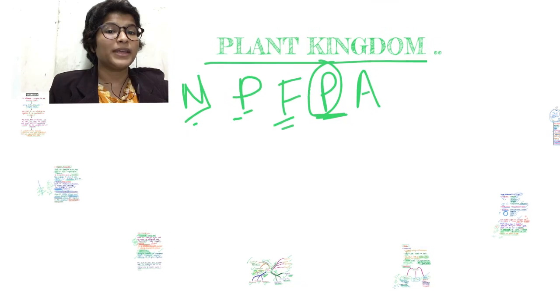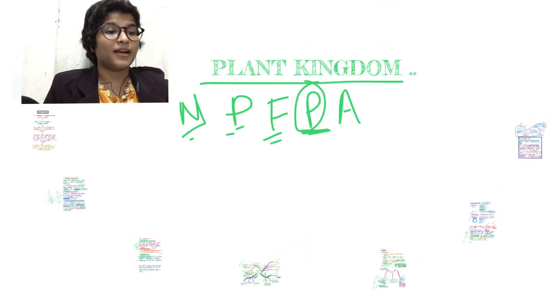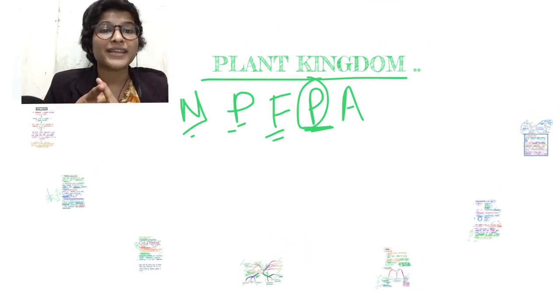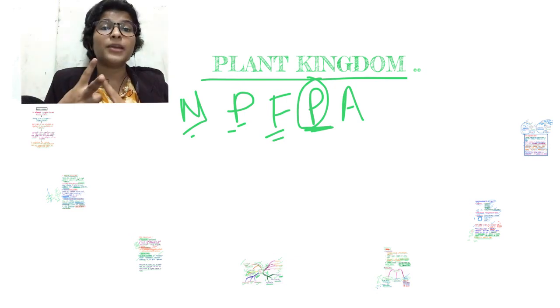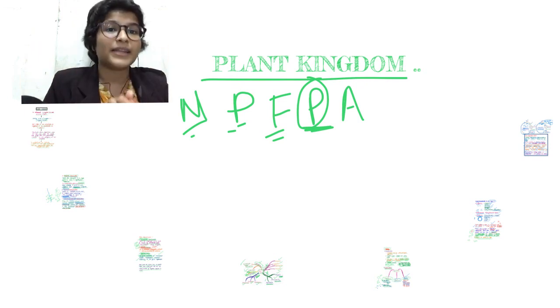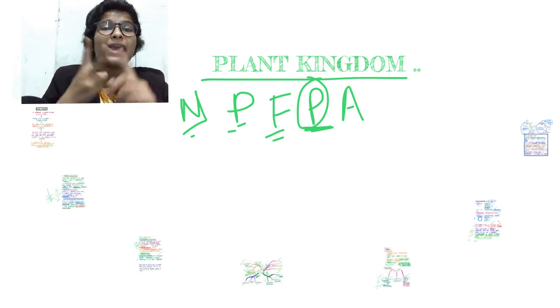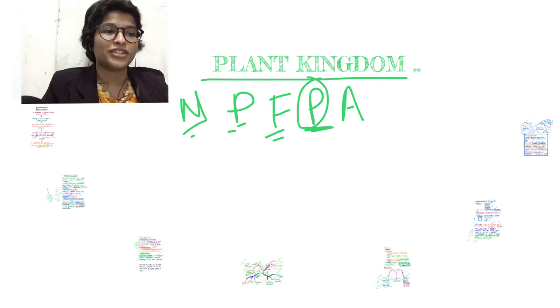ठीक है. So हमने क्या क्या सीखा? हमने सीखा कि algae का body structure कैसा है? Thalloid. We've learnt about the different kinds of algae, in what all areas they can be found. We've seen about the life cycle or the reproductive cycle of the algae, that is vegetative reproduction, asexual reproduction and sexual reproduction.